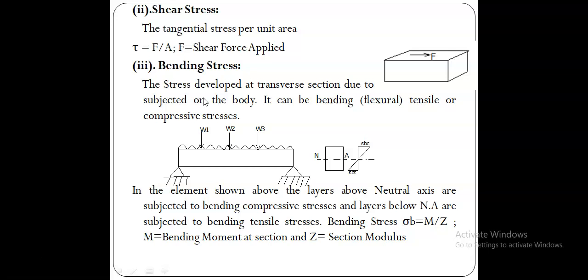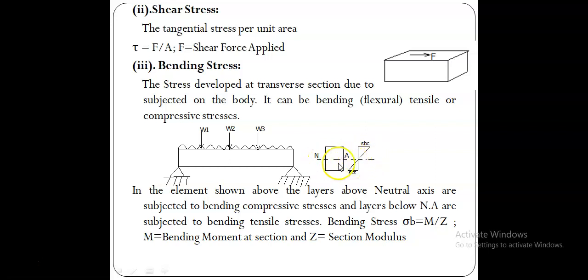Next, bending stress. The bending stress is nothing but a stress developed in a bending member due to applied transverse loads W1, W2, W3 or any other system of transverse loads. The bending stress is developed at all the sections of this kind of beam. If we take a cross section of this beam, like this rectangular section, this section consists of infinite fibers, so these fibers have different stresses. This is called the neutral axis.